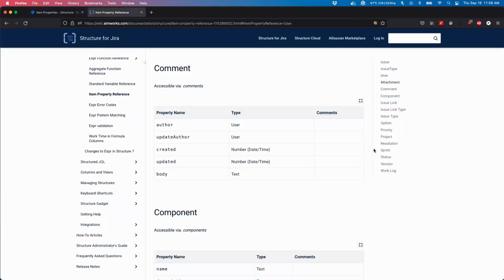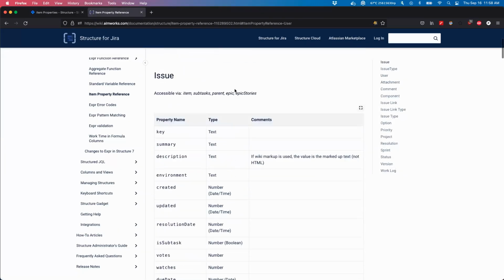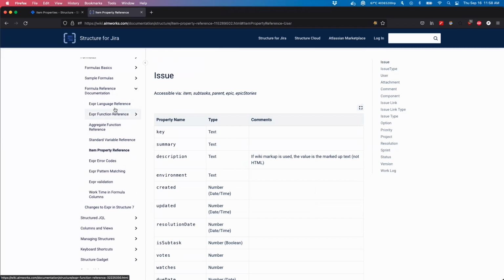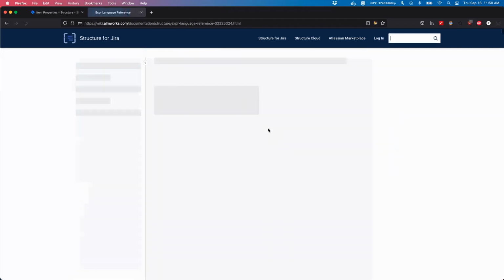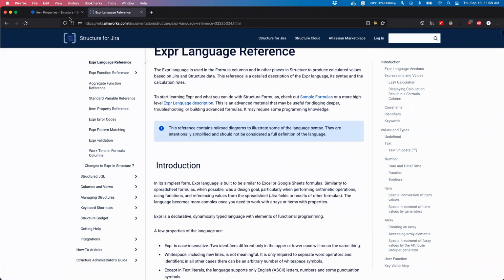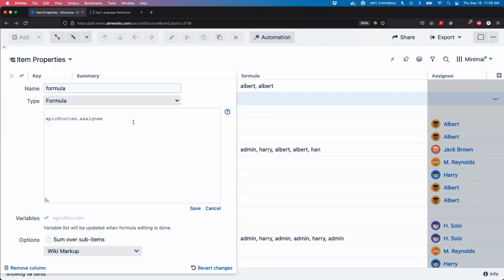All right, so we can go here and track, actually this will be in the language reference, but we can call different operations on the array itself, right? So we can do like dot size. I believe it's dot size. Let's see if I'm right. There we go. It's nice when they work real time. And I can, for example, write: if epic stories size is not the same as the epic story assignee size,